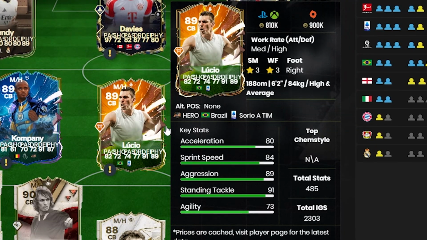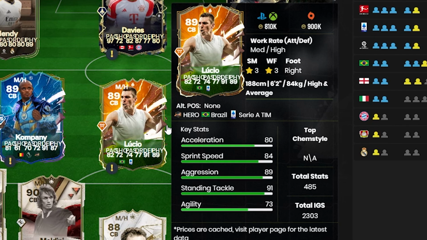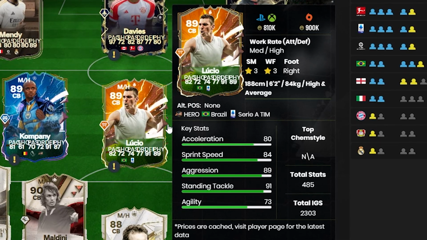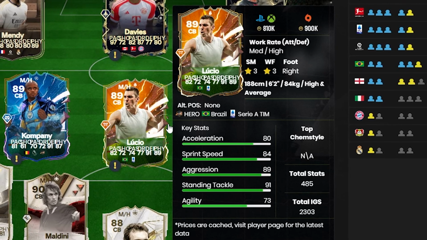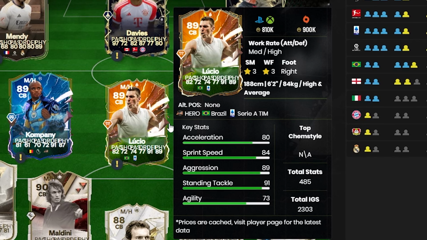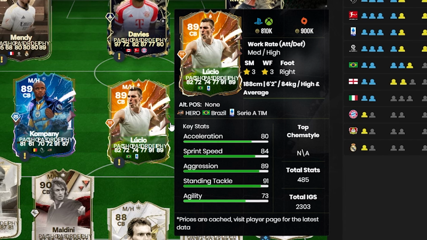Now, arguably one of the best centre backs that you can get, especially for the price at 810, you can be the owner of a lovely Lucio. He's 89 rated with the block playstyle plus. Again, 3-star, which is enough for a centre back. You don't necessarily need too much from him. It is just in-game ability that just makes this card absolutely cracked, and I cannot wait to see an upgrade